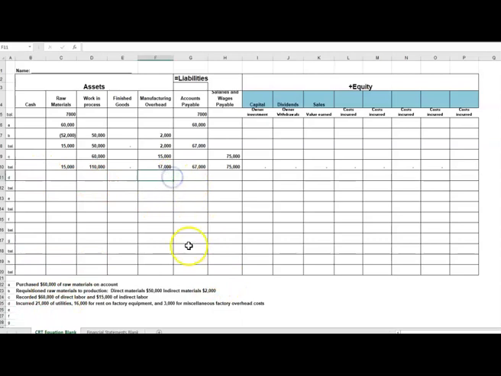So again, we know that all of those are indirect. Everything indirect goes to manufacturing overhead, so we would just add those together. So I'll say equals, and then I'll type in 21,000 plus 16,000 plus 3,000, and then I'll press enter. And I see that that's 40,000, and I have said that I'm going to do that on account, so I'll increase my liability, $40,000. I'll get new balances, make sure that I'm still in balance everywhere,